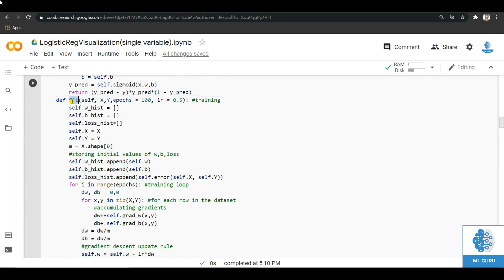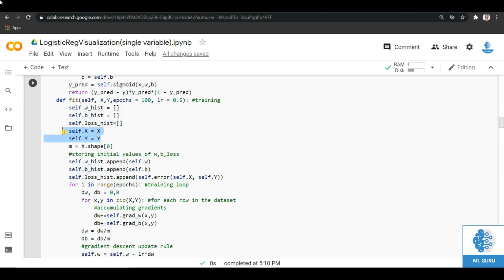So now we will be defining our main training function. We will call it the fit function, which takes the data set capital X, capital Y. We take the number of epochs, by default it is set to 0, and the value of the learning rate. As I had told you, we will be visualizing how our model was fitting on this data set. We will have to store the updated values of w, b and loss as the training continues. So we have defined these 3 lists to store the values of w, b and loss along the training.